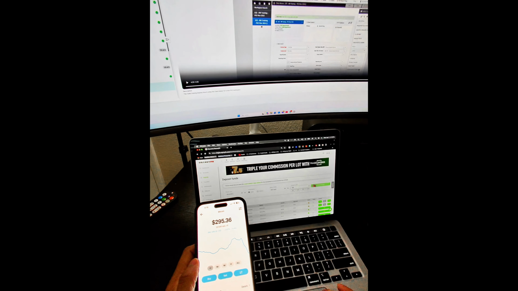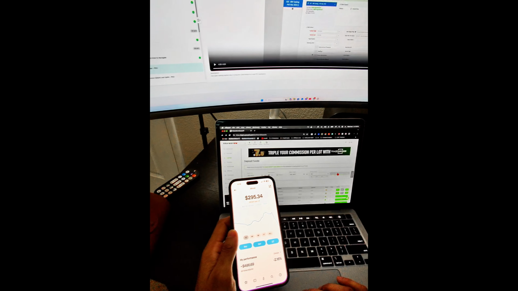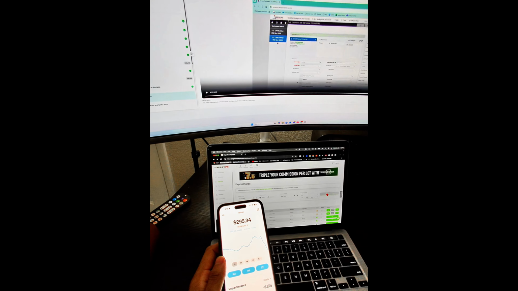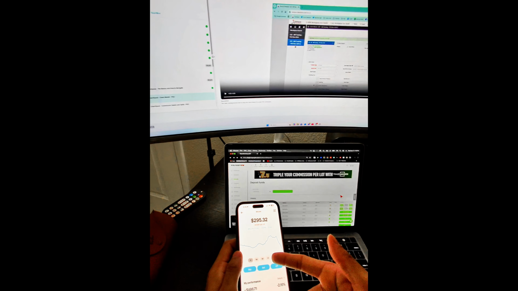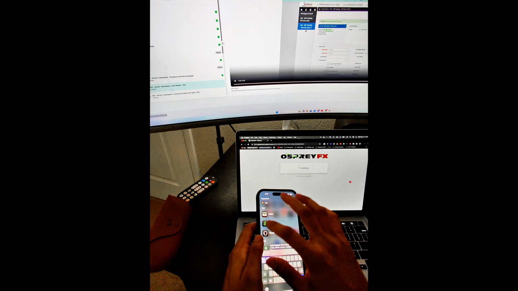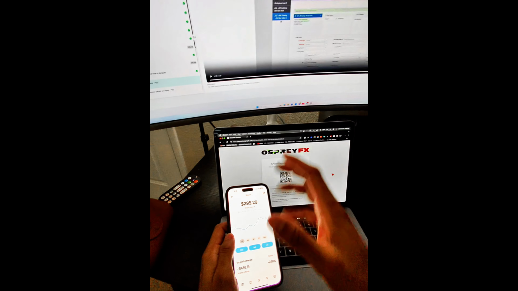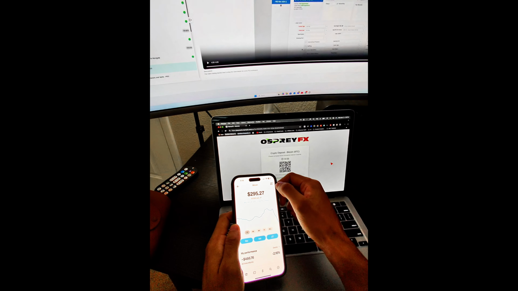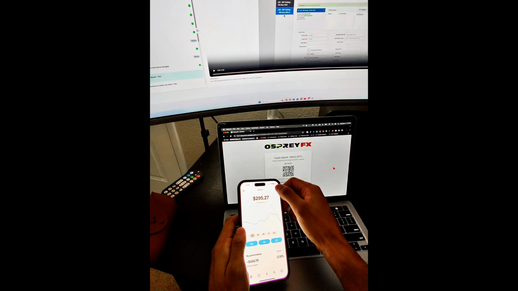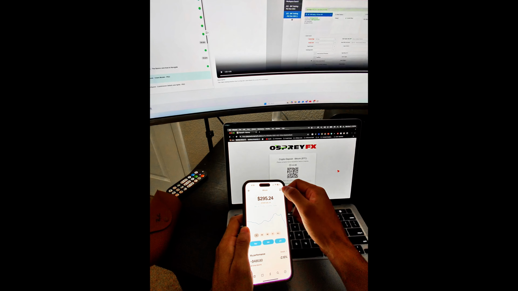$290 into my wallet. So I'm gonna go to payment, and then I'm using Cash App. So basically you go to Cash App, right? And then you put money, you buy Bitcoin through Cash App. And then once you have all this up and running, go ahead and click on this scan QR code. So I'm going to go ahead and hit that really quick.